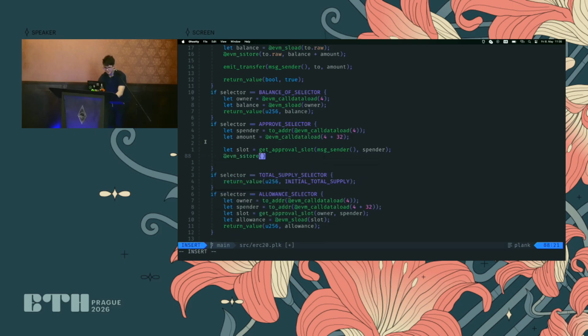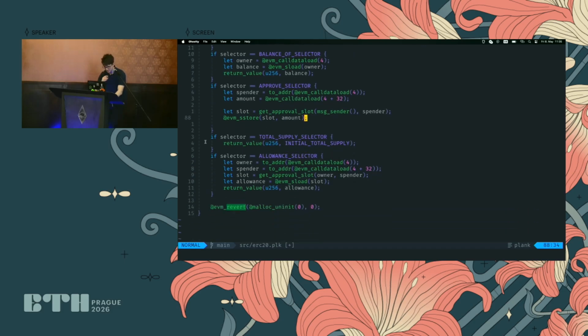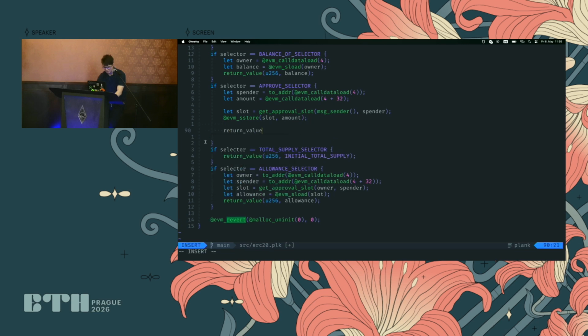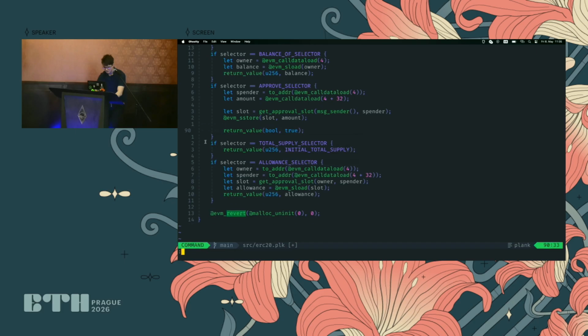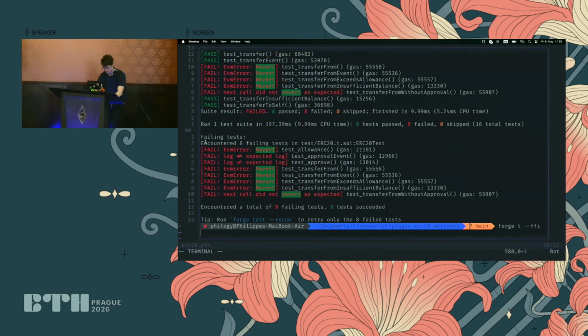So this has some long known issues based on the ERC20 standard where you were overwriting your allowance. Definitely, so auditors might annoy you because of that. Well, I don't think people are seriously bringing that up anymore, but yeah, who knows. And then we can return true. And then that should be working as well.